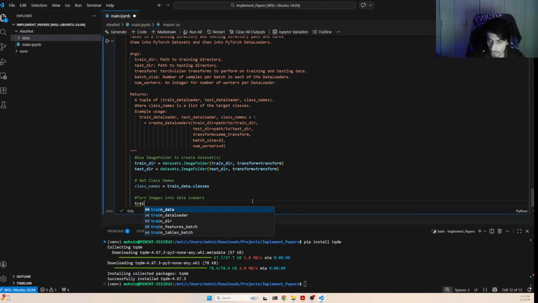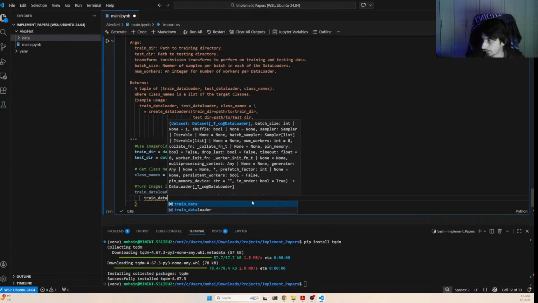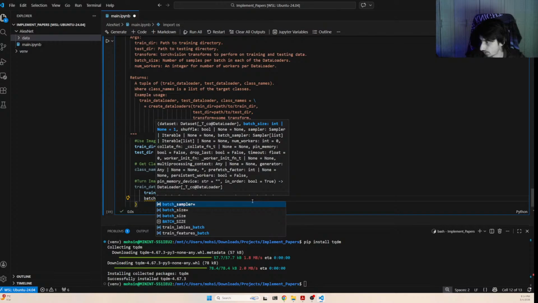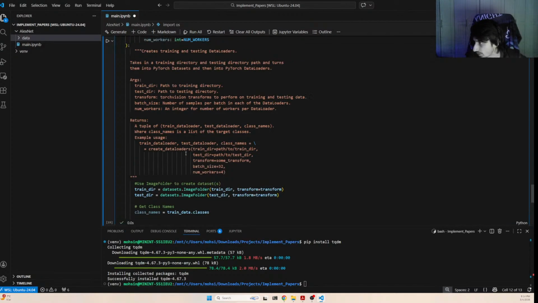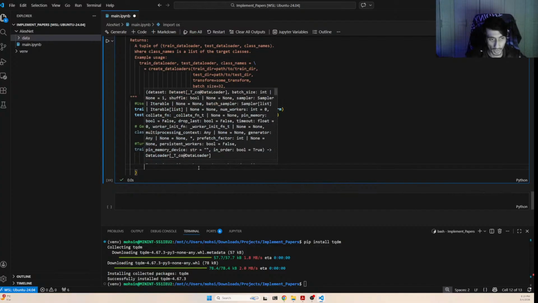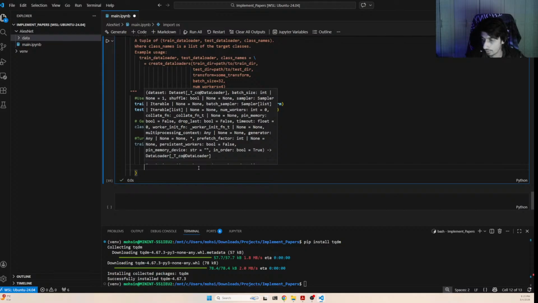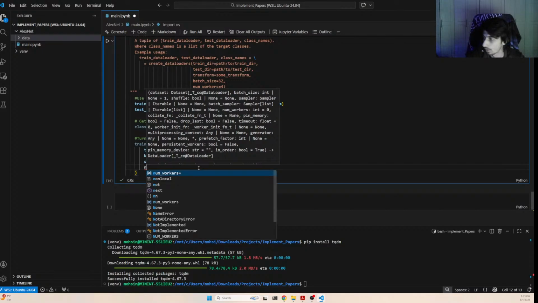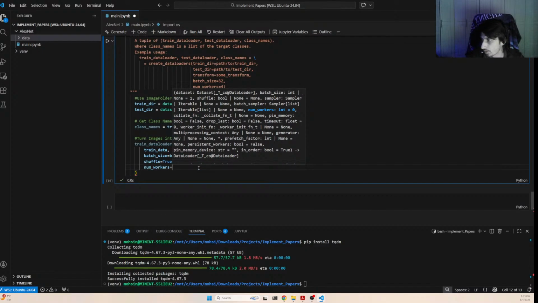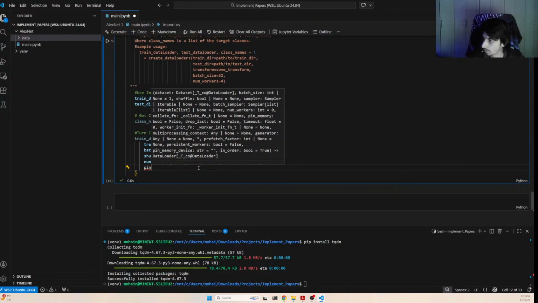So we're going to write train data loader equals to the DataLoader, where we have our training data, we have our batch size as the batch size in the function that we defined. We're going to have shuffle equals to True. So we want to shuffle the images as well. We want to keep the number of workers equals to the number of workers that we've defined earlier, and pin